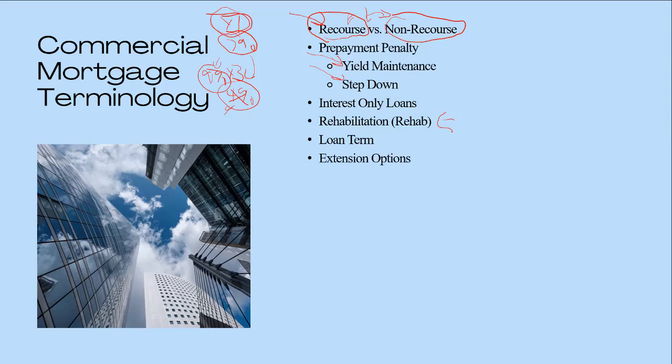Okay, extension options. Later in this module, we're going to talk about bridge financing, which are typically shorter term loans. What an extension option is basically, let's say you had a 3-year bridge loan. Within that initial agreement, when you first take out the loan, there may be extension options built in, which basically state, let's say at the end of the 3rd year, you're like, hey, I actually need a little more time. The lender will agree to extend the loan. Let's say you have 2 1-year extension options in that loan.